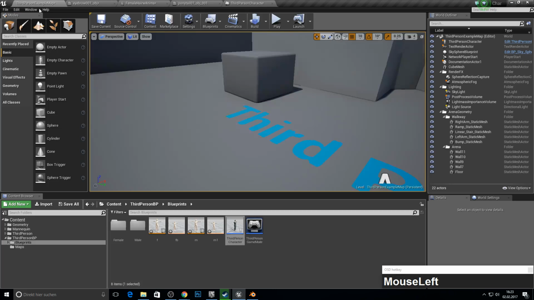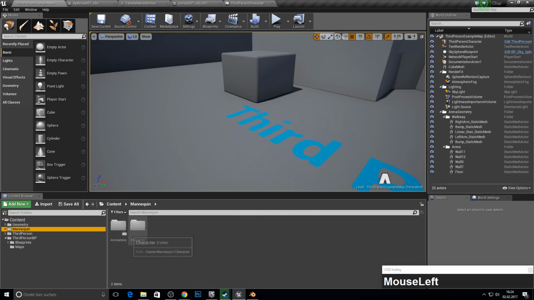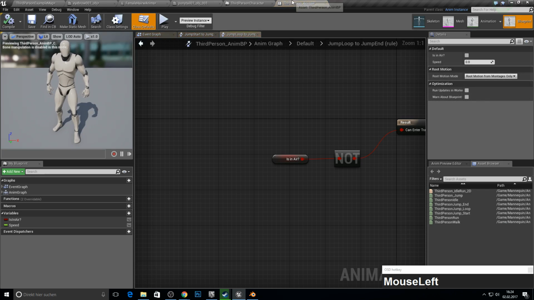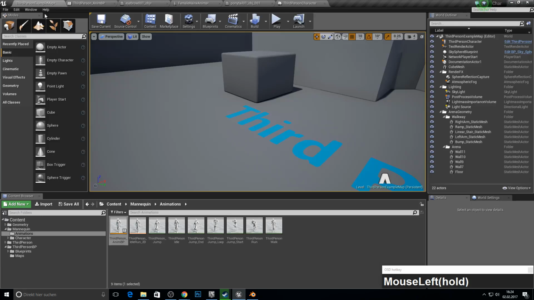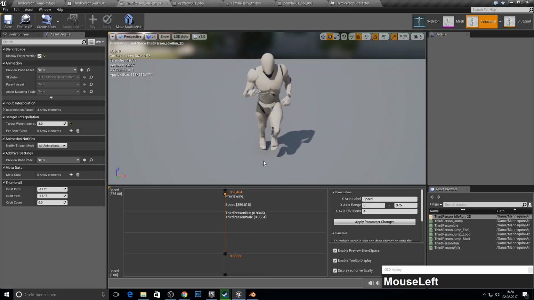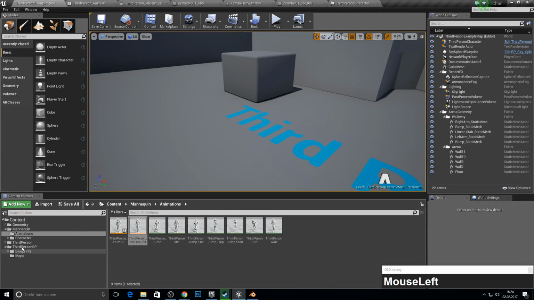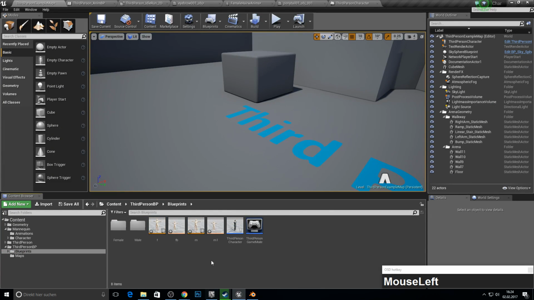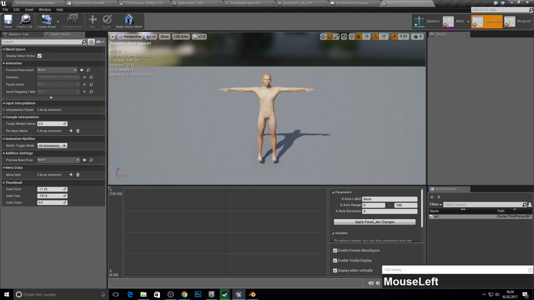So now we copy the animation from this one, because this would take too much time to explain everything, so we just stay with the normal from the third person template. So go into our male blend space, display vertical, we pick the same speed,